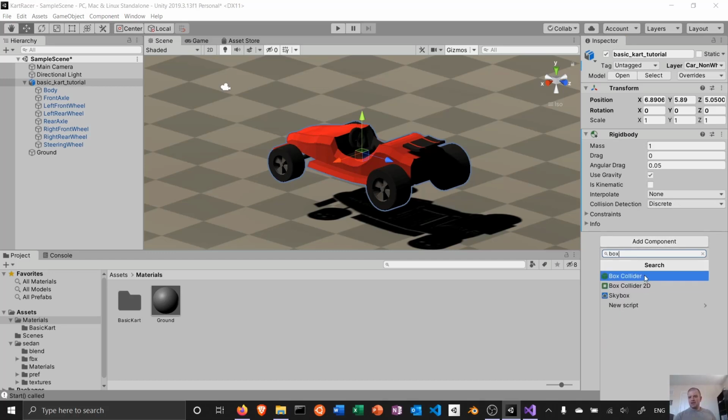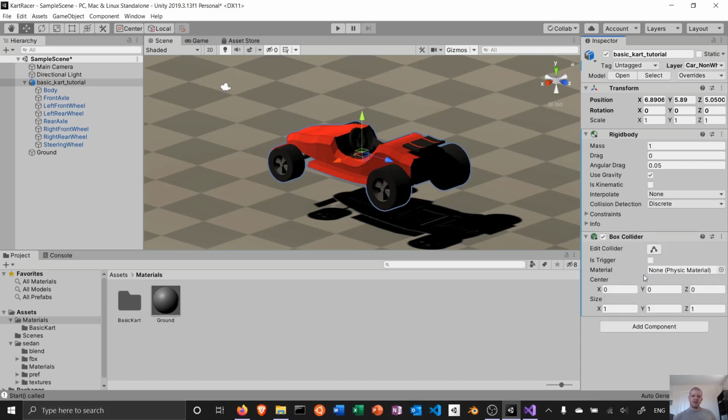So Unity also has a 2D mode, so make sure that you pick the box collider, not the box collider 2D. You do not want to use 3D and 2D physics together. They don't look good that way. They don't work. Okay, so that creates a box collider. It doesn't know how big the box collider should be, so rather than scale up my object, which is going to scale up my entire cart and the little box collider within it, I'm going to click this Edit Collider